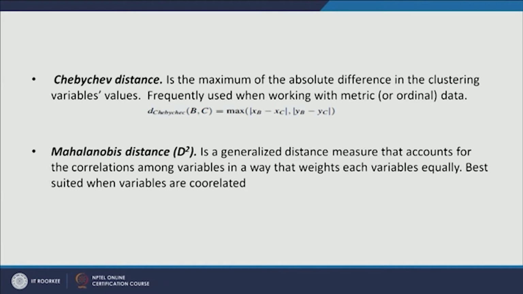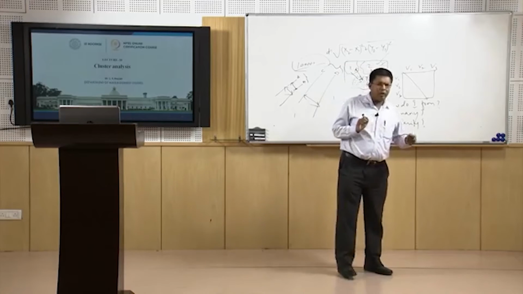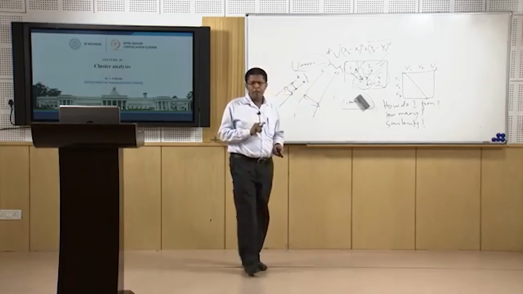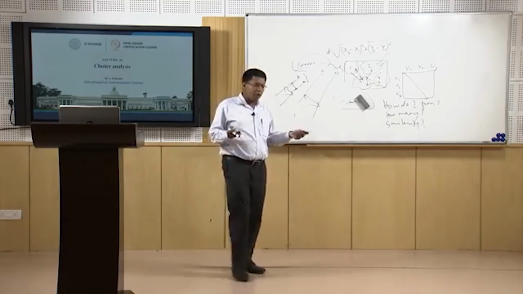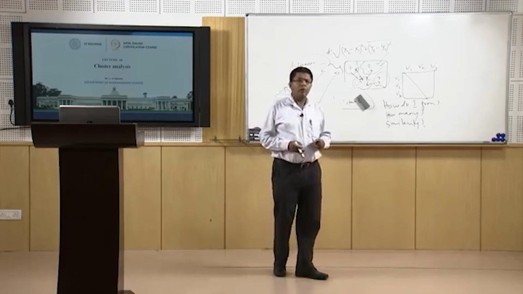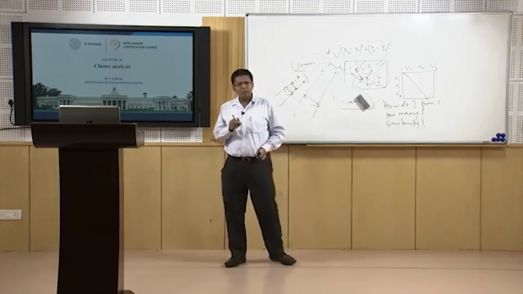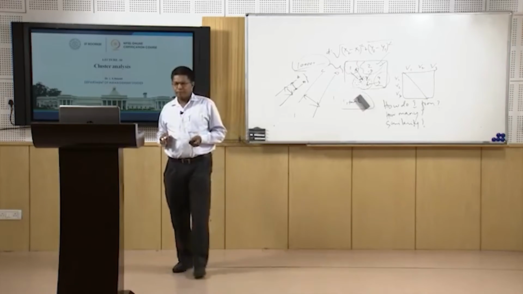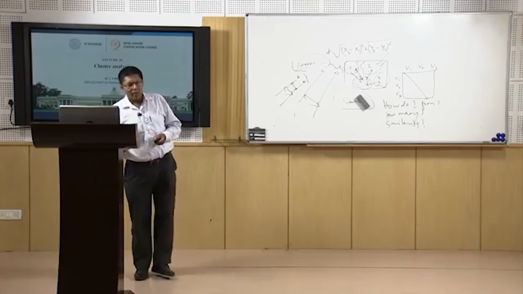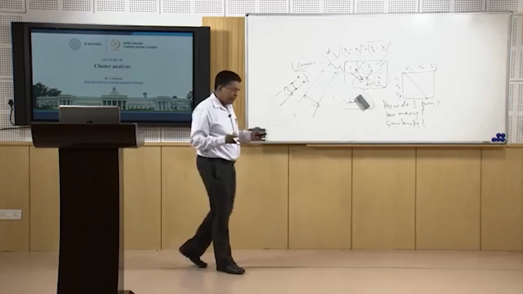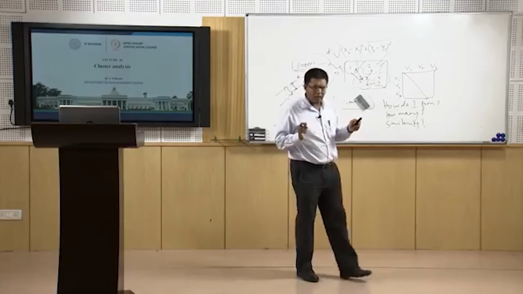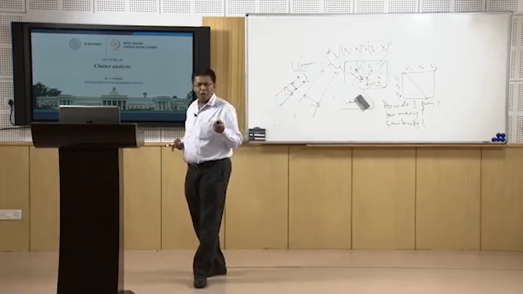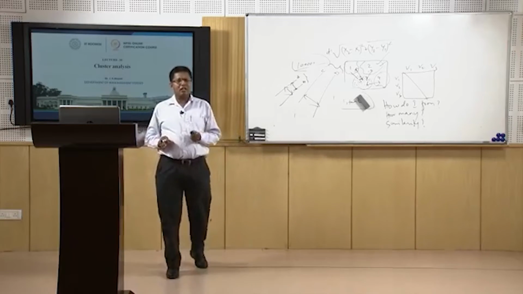Now Mahalanobis distance is also a very important tool which is also used to find outliers. Let me tell you, this is maybe not here, but suppose you are doing a simple regression and you want to find out outliers, Mahalanobis distance is the technique used to find those outliers, okay. So this is one way of doing it. Remember, the only condition applied is when the variables have a high correlation among them, at that time it is preferable to use the Mahalanobis distance over the other distances.